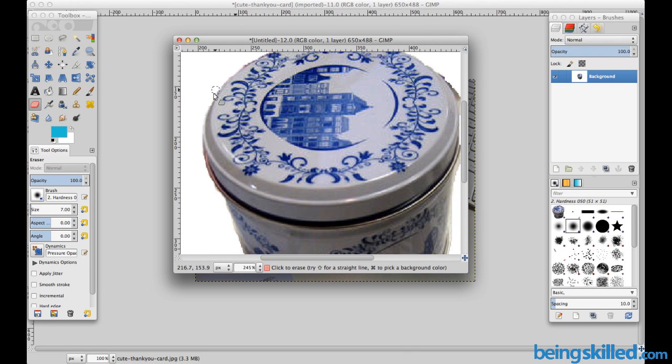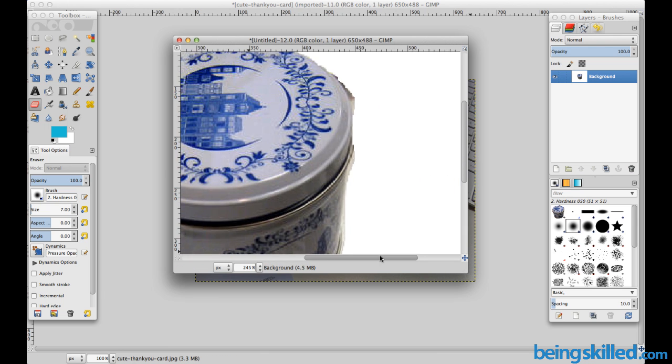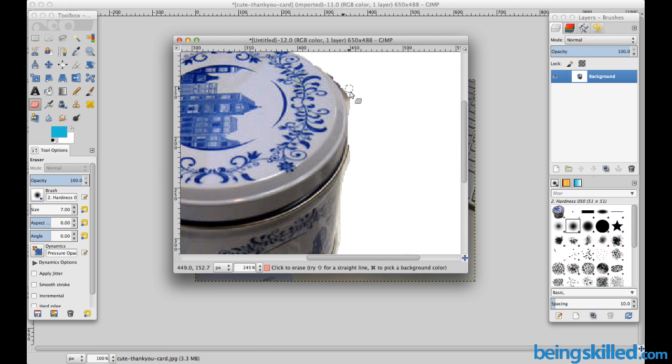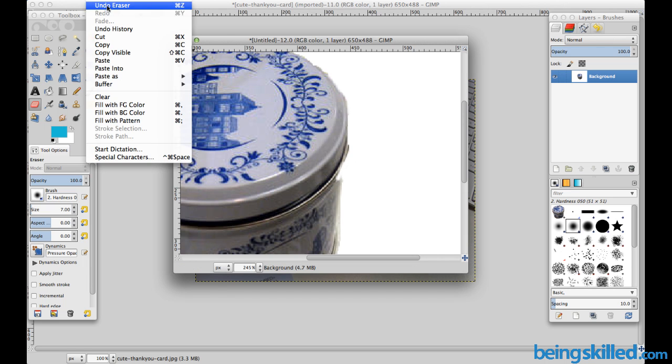Which makes the object which we want to stand out and do not have any unwanted areas. So here we have almost managed to remove all the necessary unwanted area. And in case you make some mistake like this which we made over here, we can go to edit, then undo eraser,